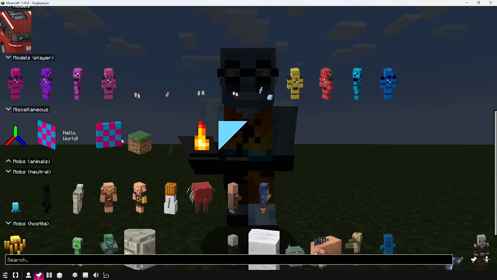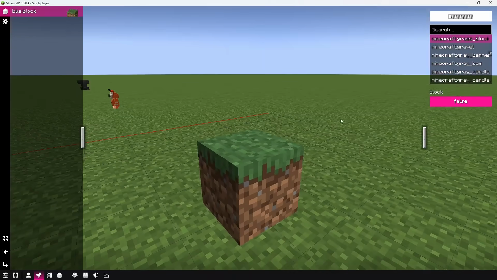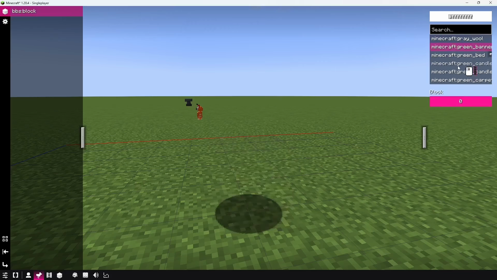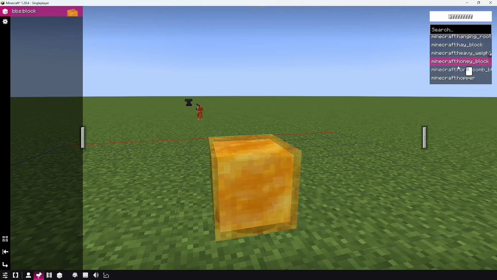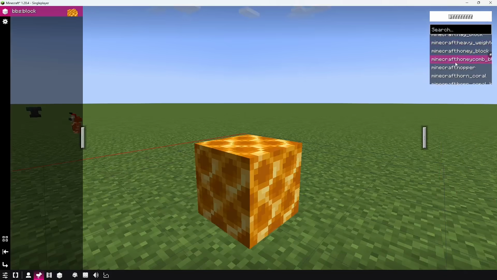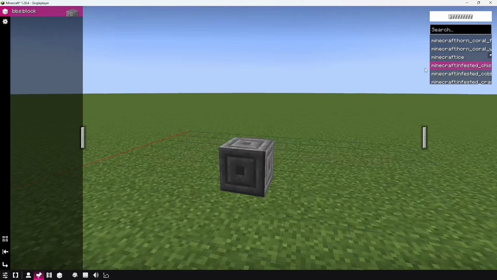Next, we have a block form. Block form actually uses a block. It's the same thing that is used in, you know, the falling sand entity. You can specify, I think, a block, and it has an editor where you can change certain properties, but